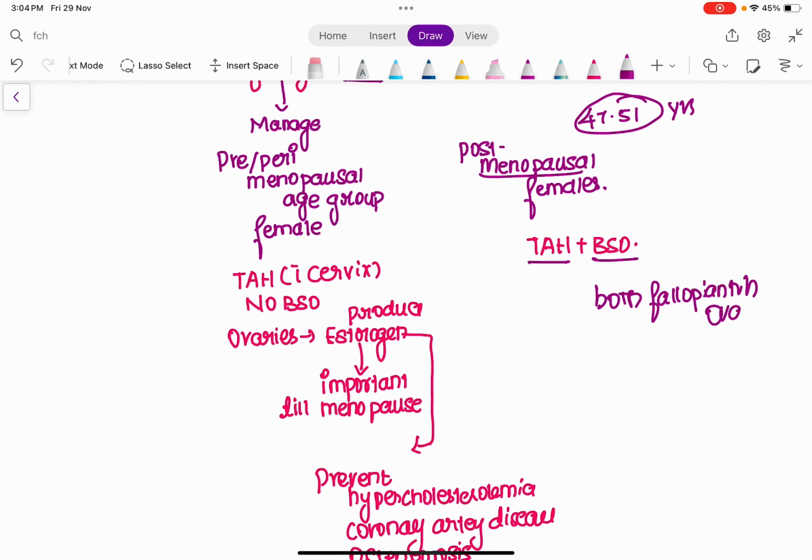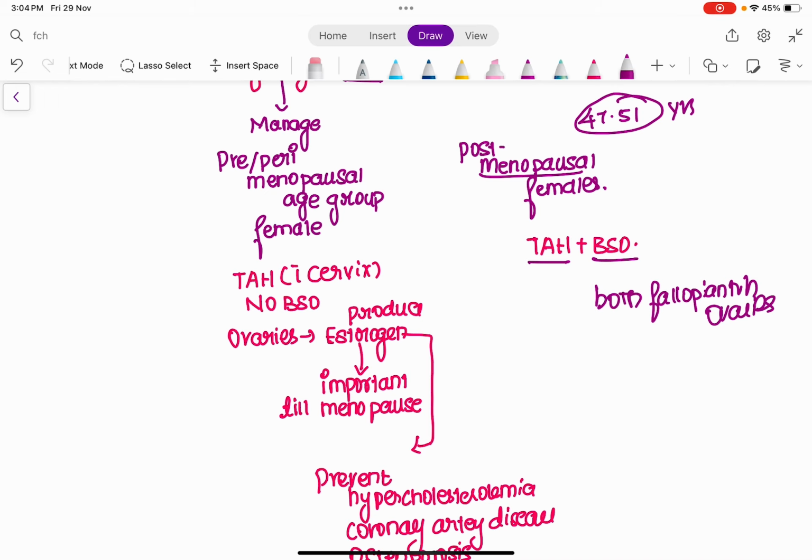Oophorectomy is the ovaries. So total abdominal hysterectomy means uterus with the cervix. Bilateral salpingo-oophorectomy means both the fallopian tubes and both the ovaries are removed in case of postmenopausal female. Now you may have the doubt: why in pre and perimenopausal age group female are you going to do only the total abdominal hysterectomy and not bilateral salpingo-oophorectomy, but in postmenopausal female you are going to do total abdominal